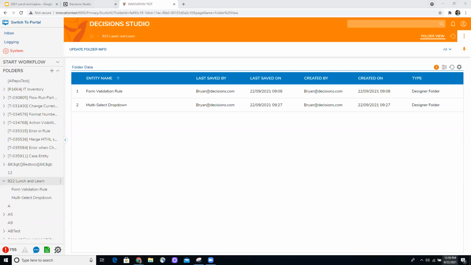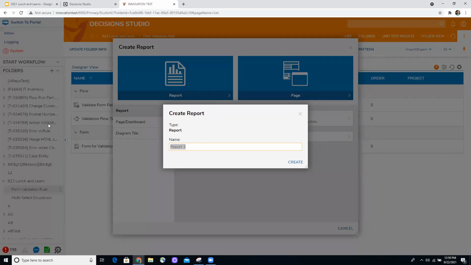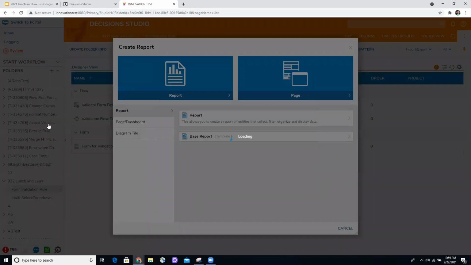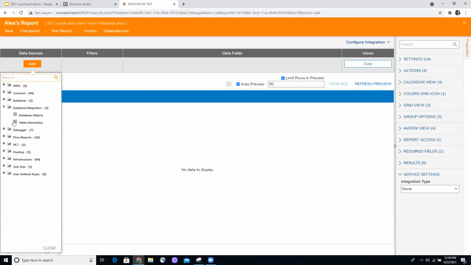So we have 1 minute and 30 seconds. All right, speed run. Okay, 90 seconds. Okay, go. For the sake of time, I'm just going to create a report, and the data source. I believe it's under database integrations. If you have it configured, it should appear under here, if I recall correctly, or it's one of these two. It should appear under these options once you have the query configured as a database integration. Okay, cool. Right on time.